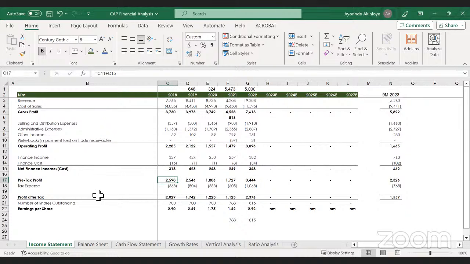Now, there are so many reasons for building a three-statement financial model, such as budgeting, but let me focus on what matters to you. The inputs from your income statements, balance sheets, and cash flow statements will all go into your valuation of CAP. So when you do your valuation of CAP, maybe you arrive at a fair intrinsic value of maybe 30 naira per share. So you believe